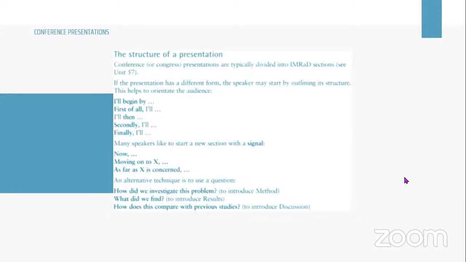Many speakers like to start a new section with a signal. Now, moving on to X, as far as X is concerned. An alternative technique is to use a question. How did we investigate this problem? to introduce method, or what did we find? to introduce results, or how does this compare with previous studies? to introduce